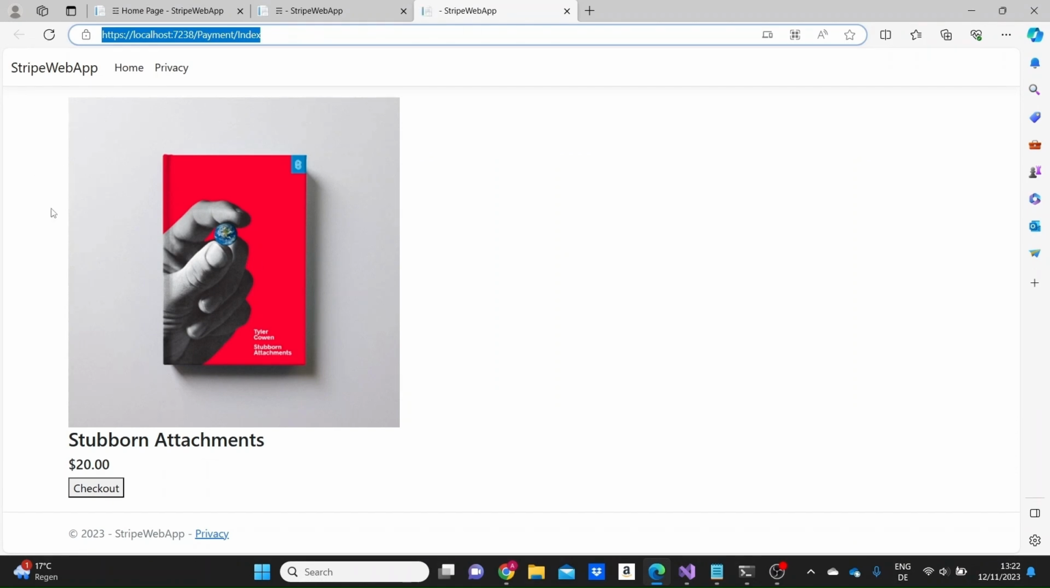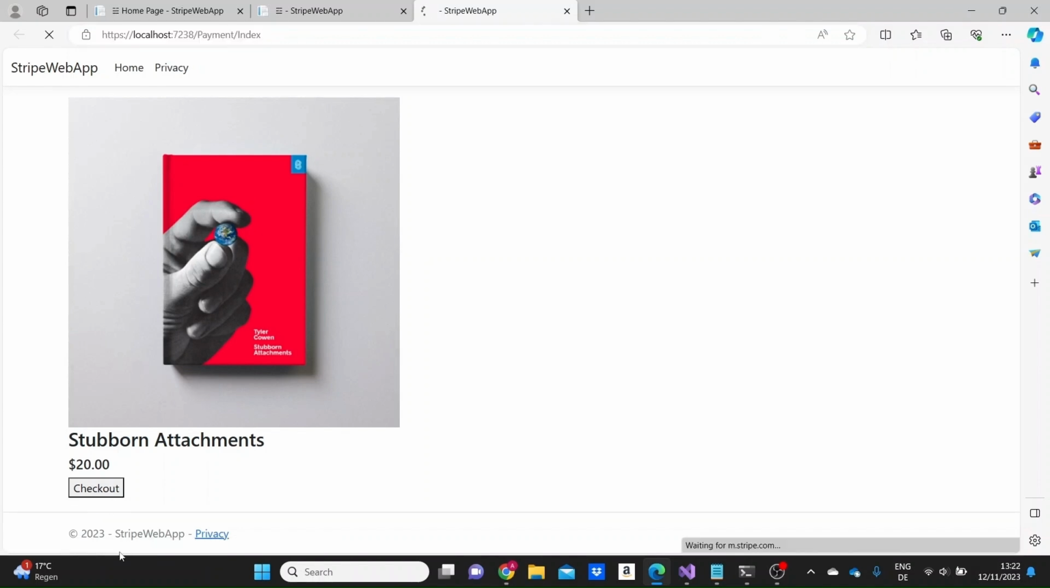Okay, so here, this is our index page. This is what we had in our documentation. Basically, we have an image, a title, the price, and the checkout will redirect us to the checkout page for our Armani watch, the product that we created, but this is just visual for now. If I click on checkout here,